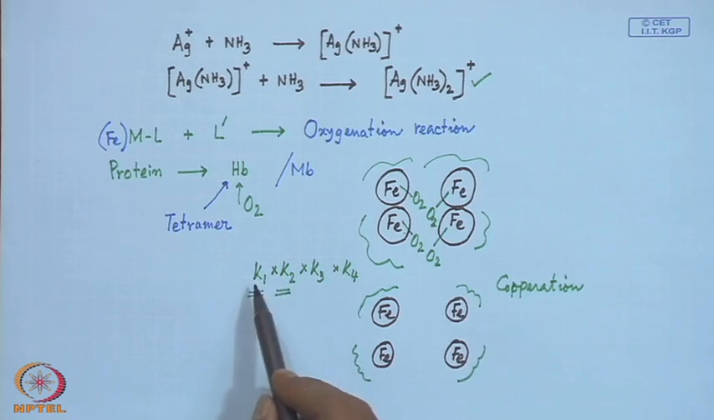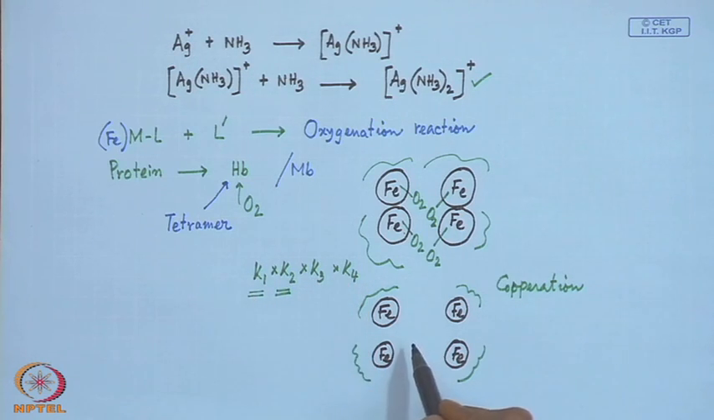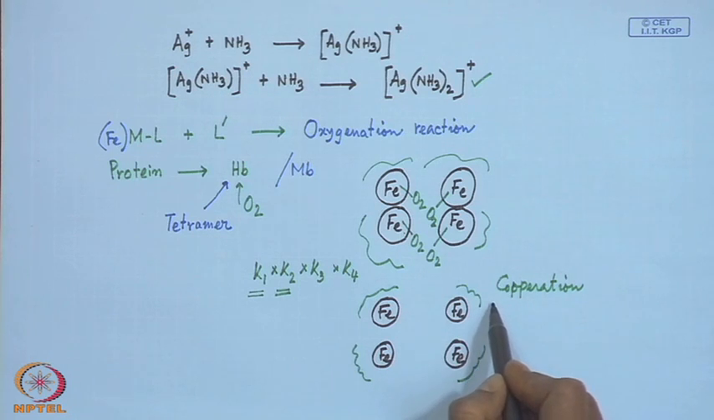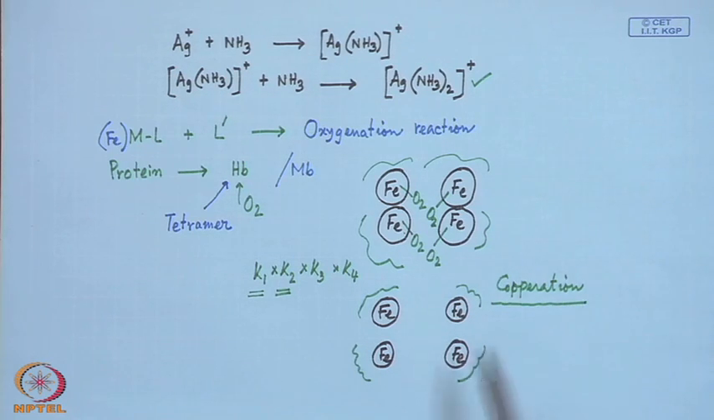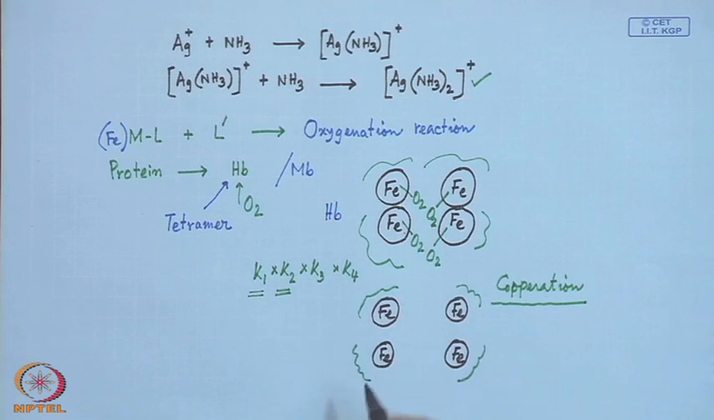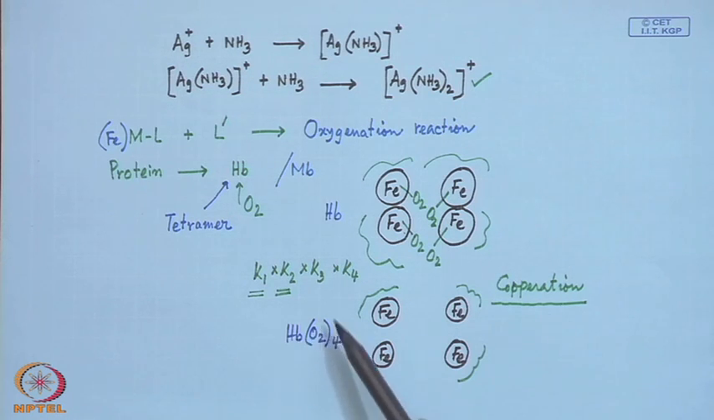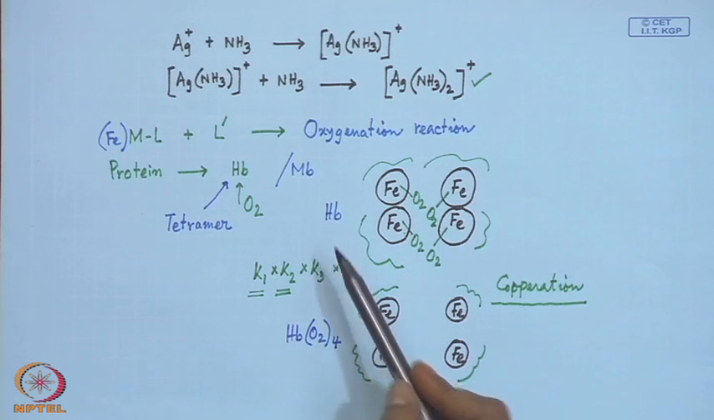So, all together we have K1, K2, K3 and K4, and it is a very complex process for the oxygenation reaction. But the cooperativity of the hemoglobin molecule for oxygen binding, we can consider as when we have hemoglobin in the deoxy form, going to the oxygenated hemoglobin by binding of 4 O2 molecules at 4 different steps. So, 4 different steps will be required to get the fully oxygenated hemoglobin molecule from the deoxyhemoglobin, and the